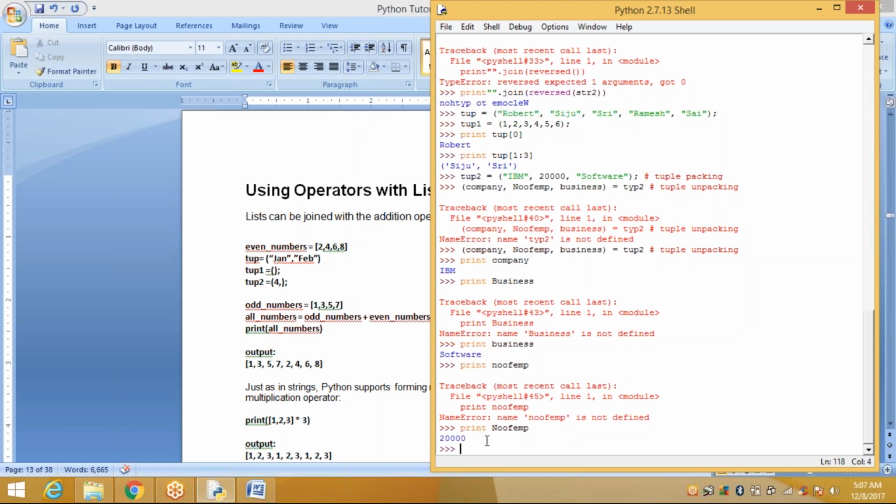Next, how to compare tuples? Comparison operators in Python can work with tuples. What are the comparison operators we have? Less than, greater than, less than or equal to, greater than or equal to, and these are the comparison operators, right? You can apply these comparison operators between tuples also. See here, I am defining A is equal to 6, 5.